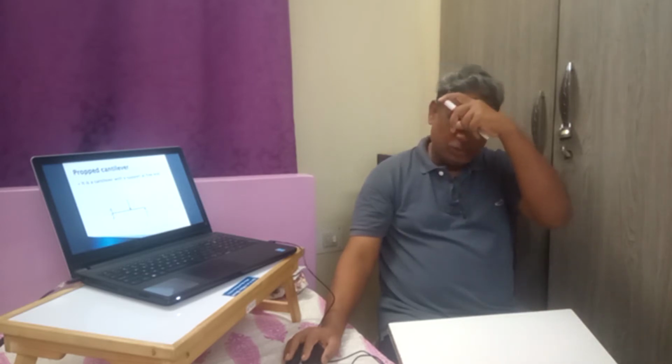So here comes another type of beam, the propped cantilever. That is an ordinary cantilever which is propped or supported at the end. Generally we support it at the end. Then the unknowns become the reaction force, the reaction moment, and also the reaction at B, the free end, which is now being supported. So there will be 3 unknowns and 2 equations, and we cannot solve it.